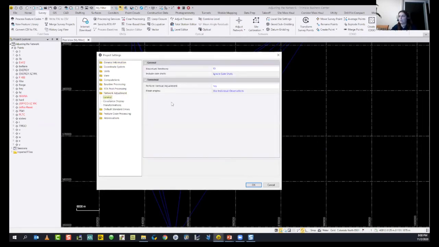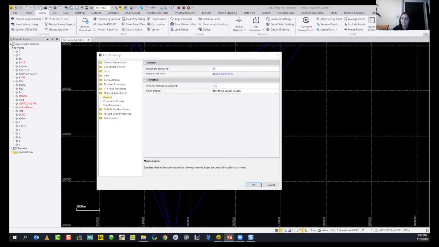Under network adjustment, you will see the general settings and the mean angles: use individual observations or use mean angle results. According to the formulation that was given, we will use the mean angle results to calculate the network adjustment, so I will change it. And perform vertical adjustment, yes. This time we have vertical data sets, so we will also perform vertical adjustment.